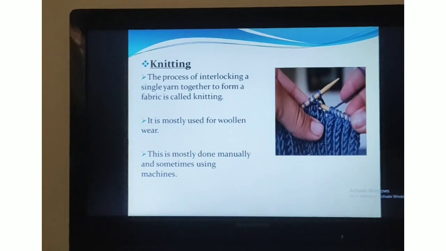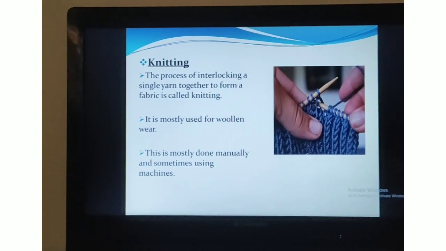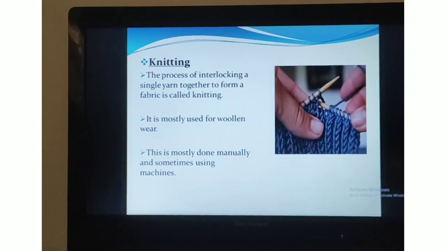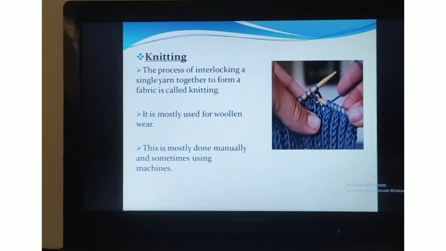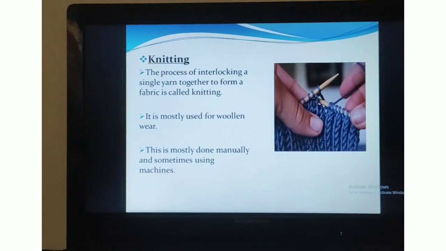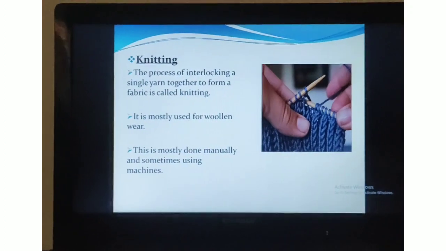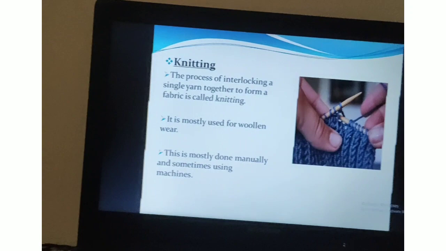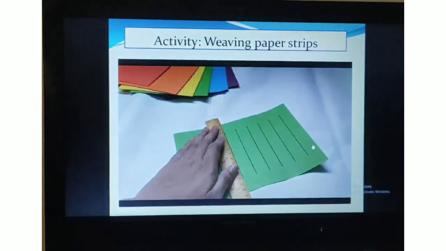Understood? But nowadays this is the technical era. Due to that reason, the knitting process is also available on machines. So this process is done inside the machine and woolen clothes are easily made. Understood? So this is the knitting process and the last part of the journey, that is from fiber to fabric. I hope you understood the whole chapter. Before I am signing off, I will show you the summary of the chapter that we learned.